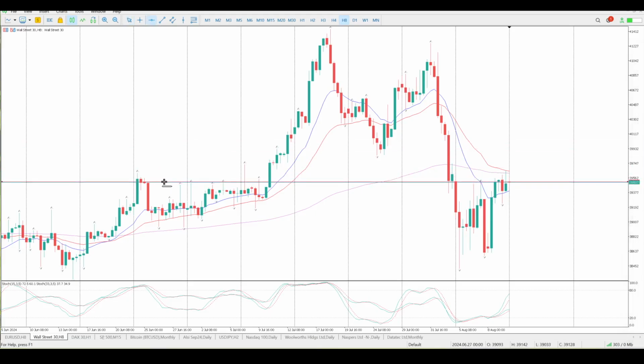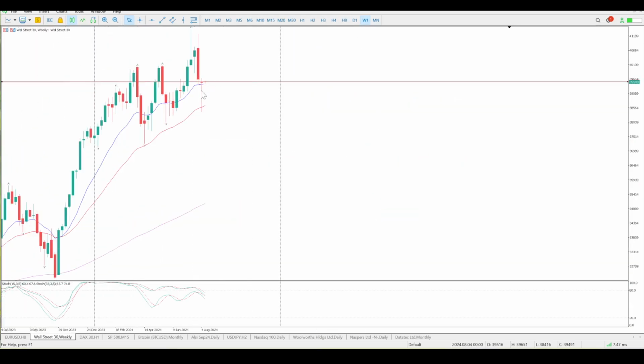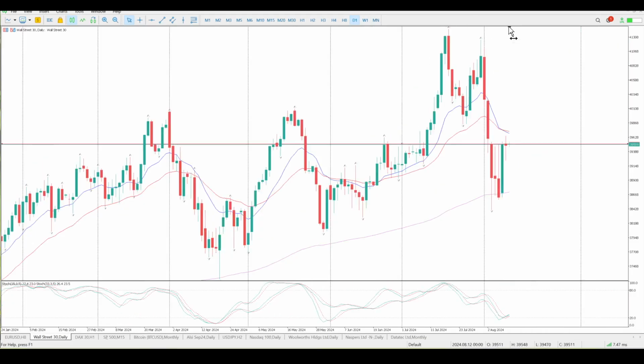So I just want to get this one level in here, and you can see the importance of it, and we're just bumping our head on it. I'll give it to you now, but I just want to start off on the weekly, big weekly pin bar that is relatively bullish, and then you have a big engulfing bar on the daily, or not quite engulfing, there's a gap up, and then we've got this spinning top, hanging man, whatever you want to call it, at structure,